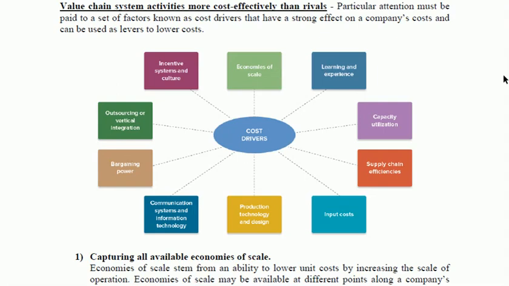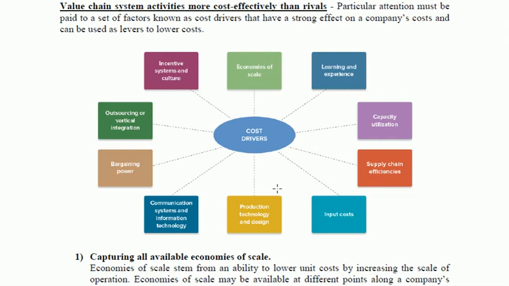So from these value chain activities, whatever we have studied, there are some activities which the company needs to focus on to reduce the cost. Okay, so there are many things from raw material to work in progress. There might be five, six processes, then from that there might be something which the company will be doing, and then the finished products will be produced. So in whatever activities are being carried out, there are a few cost drivers which, if the company is able to control, then they can reduce the cost and eventually reduce the price of the product, and then they can compete with the rivals in terms of price reduction.